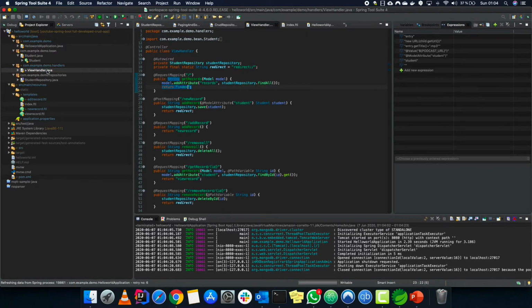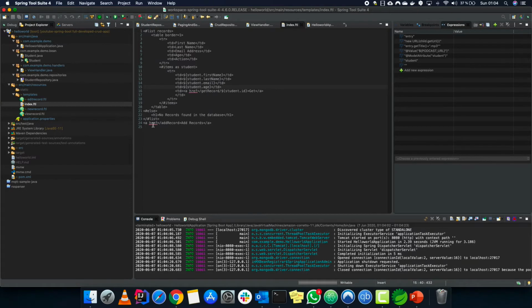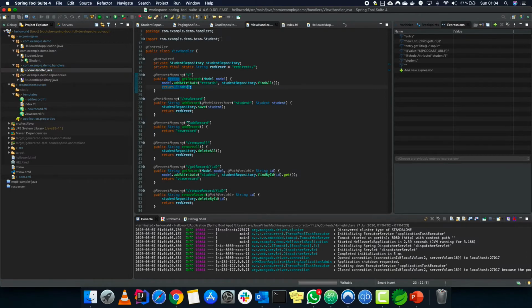Let's go into the index page. Here there is a link which says add record, a link that maps to the add record method. When we come into the add record method, which is this one, it does nothing, it simply returns us this new record page.